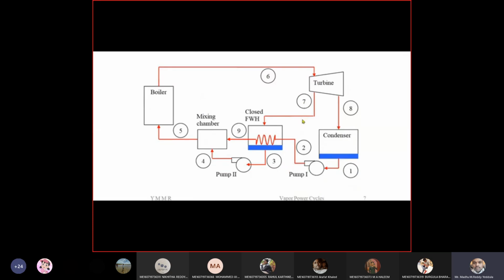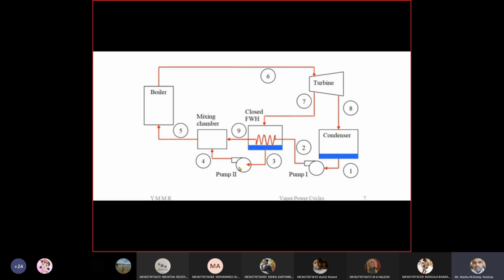Now you can see we are trapping the steam from the turbine and we are not mixing directly. You can see 1 minus y kg is condensed here. That one we are pumping to the closed feed water heater. Through the pipes we are pumping the feed water. A closed feed water heater is also a heat exchanger. Inside the tubes we are pumping the water, and outside the tubes are exposed to the hot flue gases. Here, in place of hot flue gases, steam will be there, so there will be heat exchange between the steam and the water, thereby the steam gets condensed and it will be collected.